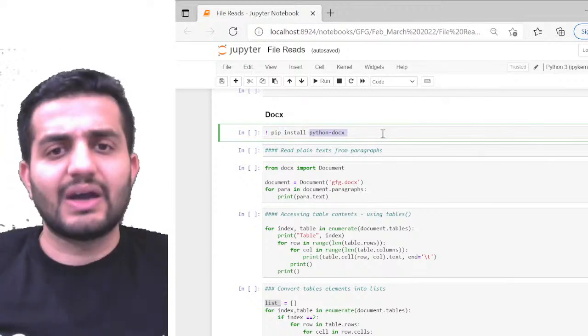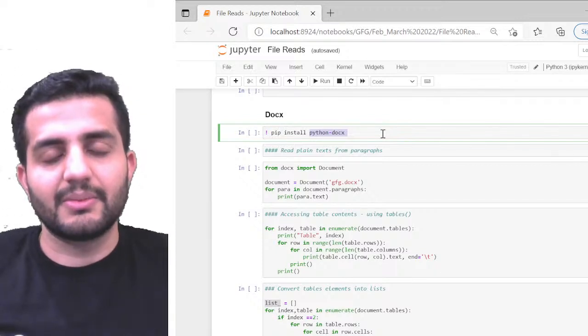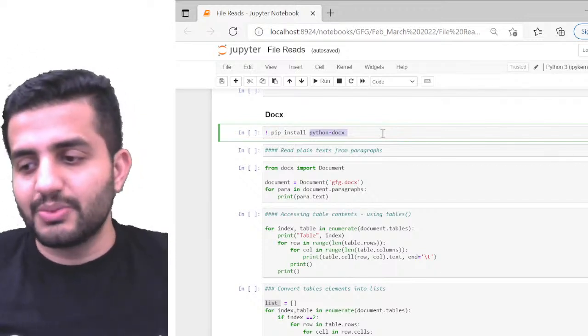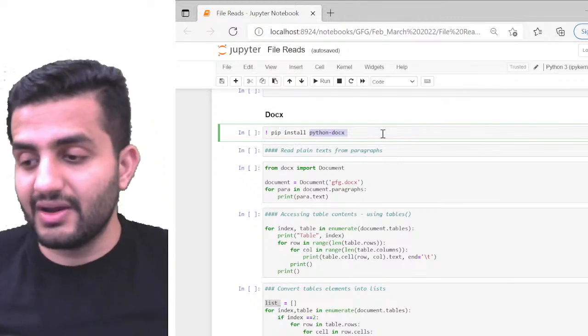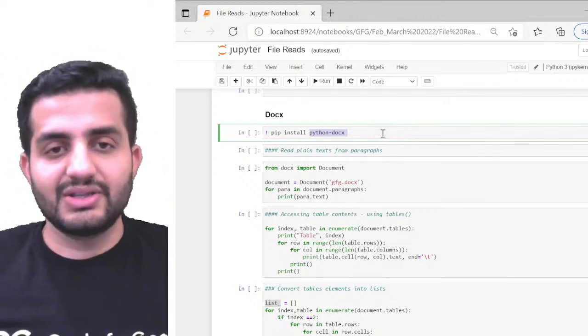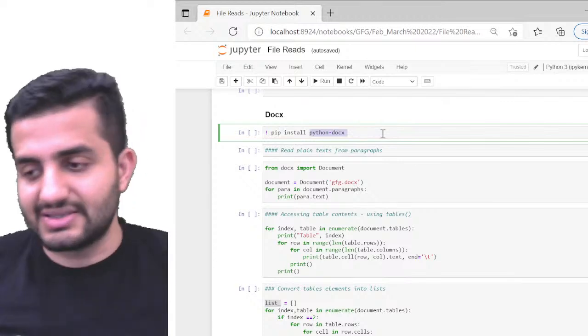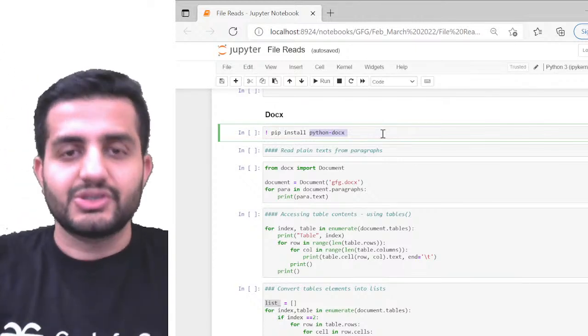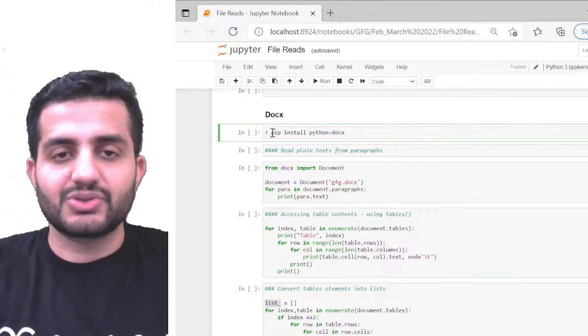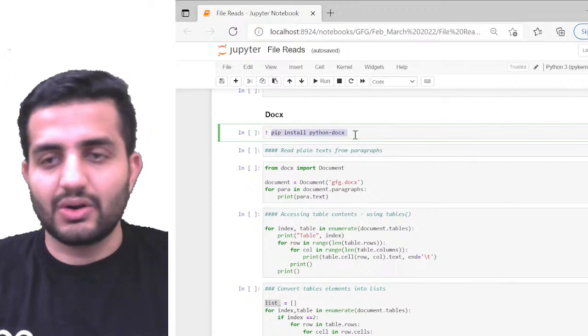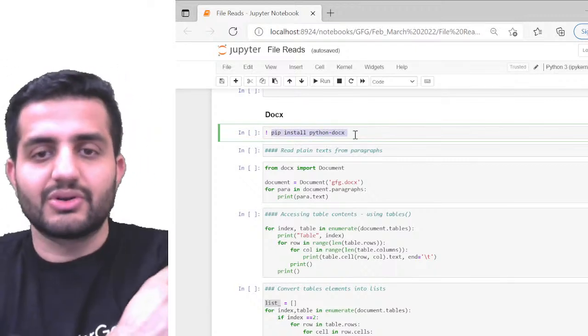You have to download it and be prepared with this. It has to be there in your system. If you don't have this library installed, you can download it. It's a one-time job. You can use the pip installer: pip install python-docx. It's going to download the latest version of it.